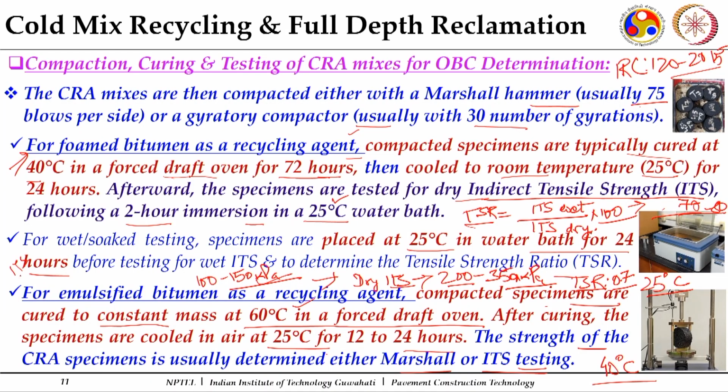We need to work out the binder contents where you are able to achieve the requirements in terms of your ITS. Mainly it is done in terms of ITS and TSR, and for the pavement design part, the resilient modulus can also be determined, as well as estimated using the values of ITS. The resilient modulus values are used in the design of flexible pavements using IRC 37 2018. So, these are the two main tests, indirect tensile strength and the Marshall stability, which are usually measured in the design